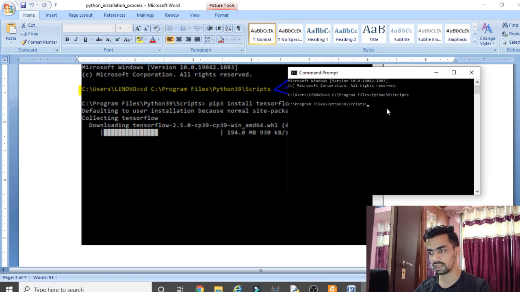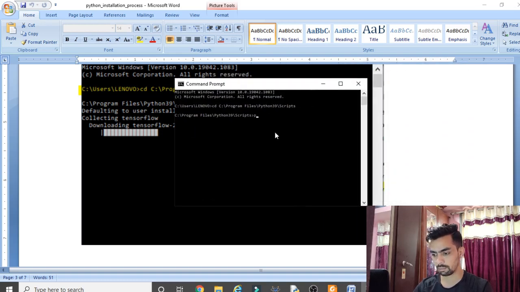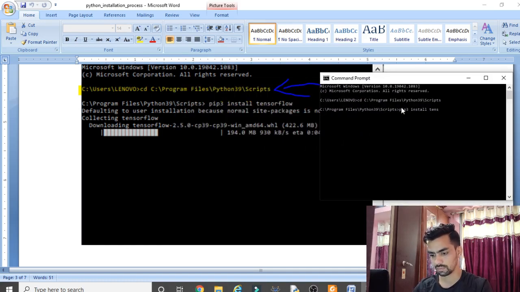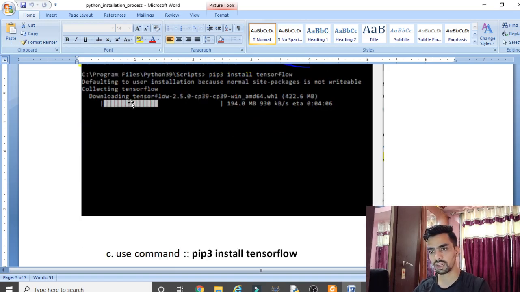Go to cmd and type the same command, pip3 install tensorflow, and press enter. Once you press enter, you will find this logo downloading TensorFlow. This means that the TensorFlow library started downloading. Once that library is downloaded, you will get a message that the TensorFlow library was downloaded successfully.